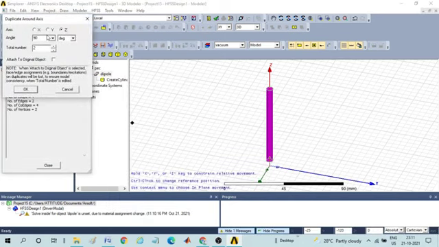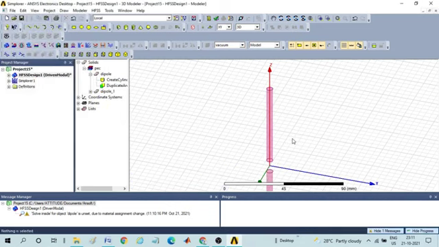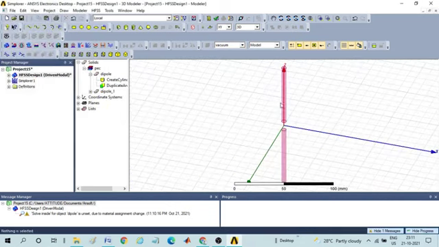By default it will be the Z axis with 90 degrees. Change it to 180 degrees and keep it around the X axis. Then give OK. Now if I press Ctrl D, you can see one is aligned along positive Z, and the other one, dipole 1, is aligned along the negative Z axis. This is how the dipole is created.